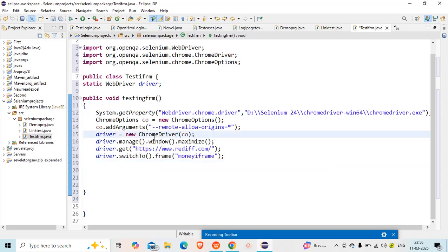to open the browser it supports, and after opening that browser it maximizes, and with driver.get, this is the code to open rediff.com. Now we have just seen that an iframe is there. If we want to open an iframe, then the switchTo method is there. We have to take the switchTo method. So the code is that